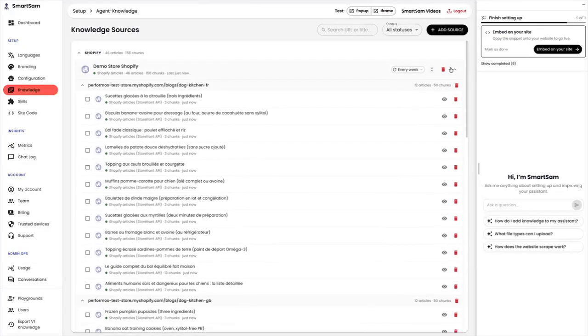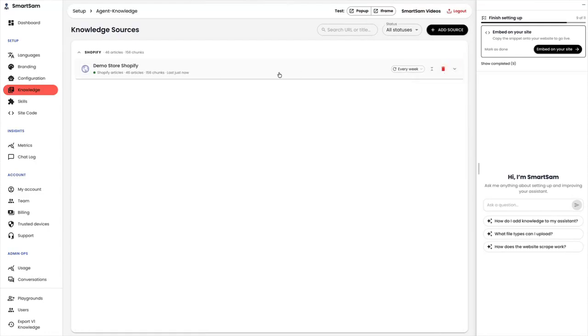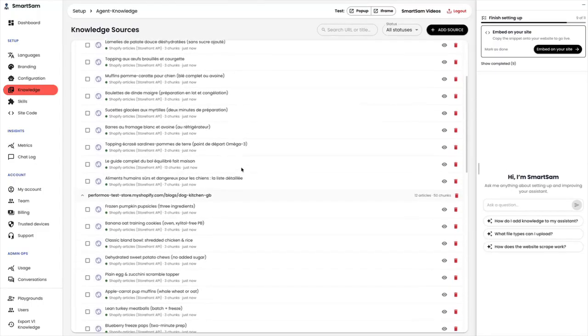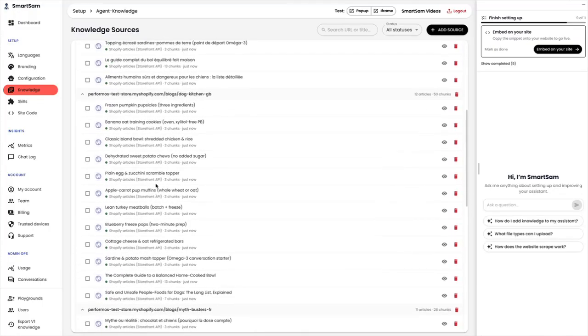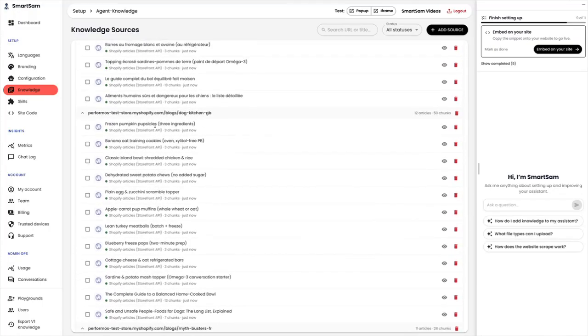So let me just bring this back up. We can see the buttons become available. It's brought in 46 articles off of the site, so that's successfully completed. And we can see in there we've got some information in French. We've got some UK-based stuff as well. And what I'm going to do is I'm going to look for one of the articles. So here we've got an article which is a recipe for some pumpkin popsicles, and we're gonna make sure that